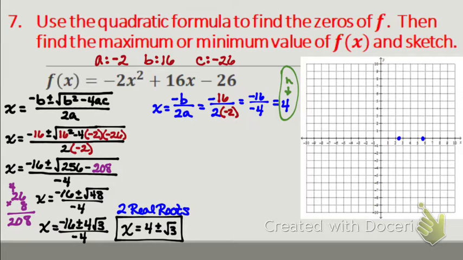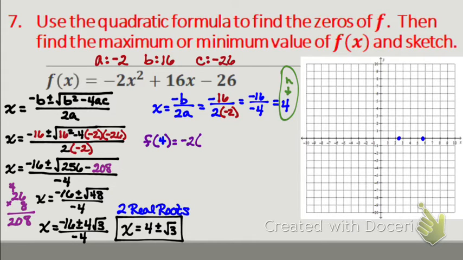We found our roots. We sketched those on the graph. We found our h values, so we know the x part of the vertex. We still need to find the y part of the vertex. So we're going to substitute back into our function, f of 4